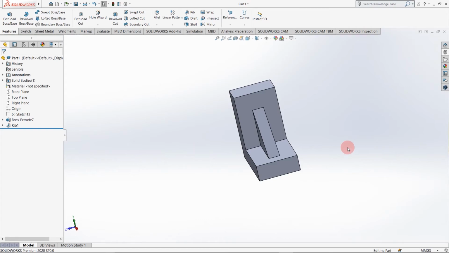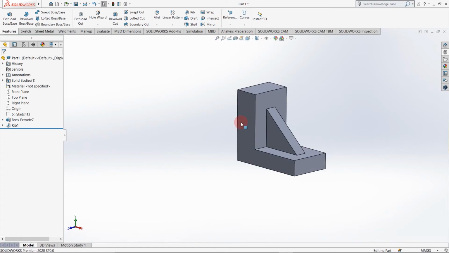The next command I want to explain is reference geometries. With the help of reference geometries, you can take a reference plane, reference axis, coordinate system, point, center of mass, etc. Suppose I want to create a component on a plane parallel to this surface.